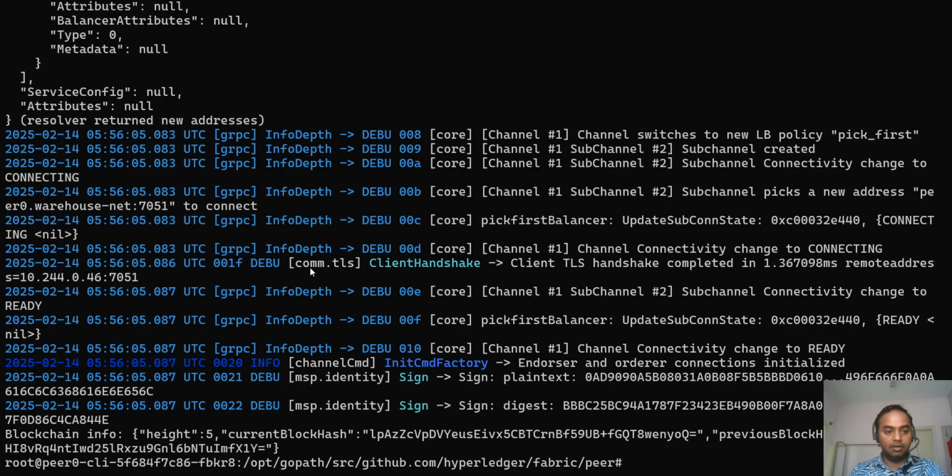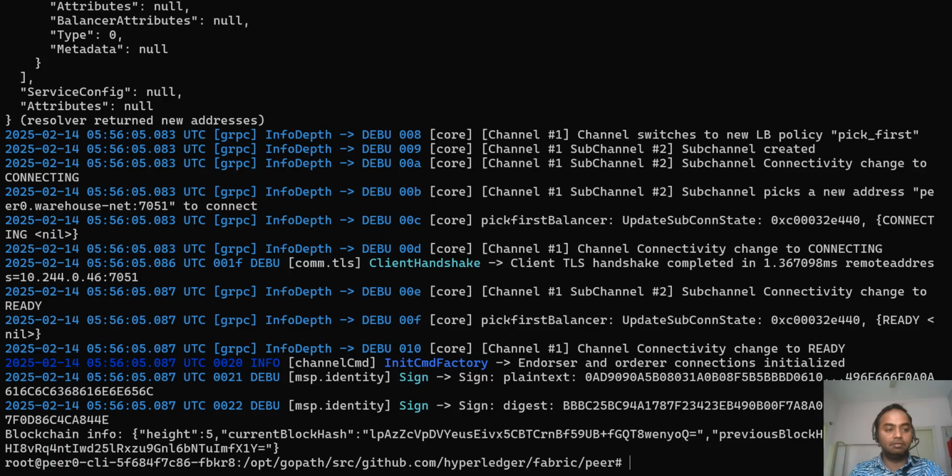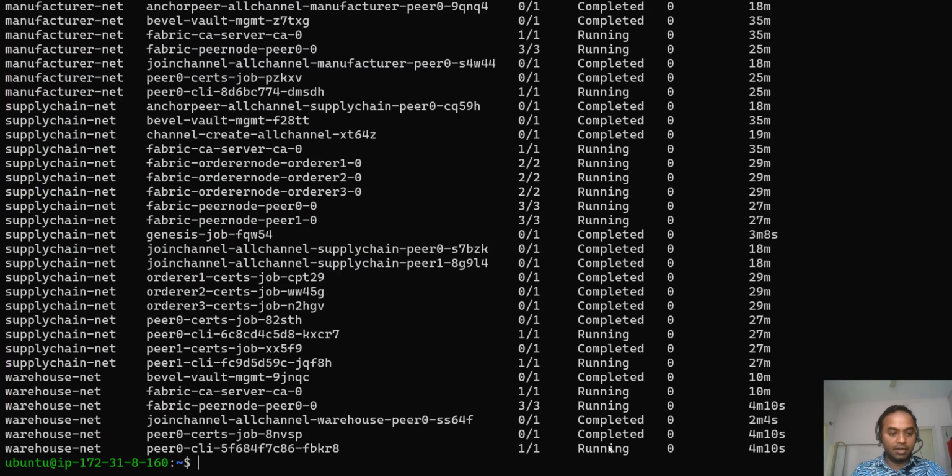So we will be using the same warehouse-net organization, and in this organization, we will be trying to add a pod. So come out of this, check the pod status. As you can see, we have the peer 0 pod. So we will try to add the peer 1 pod in this warehouse-net. So for this,